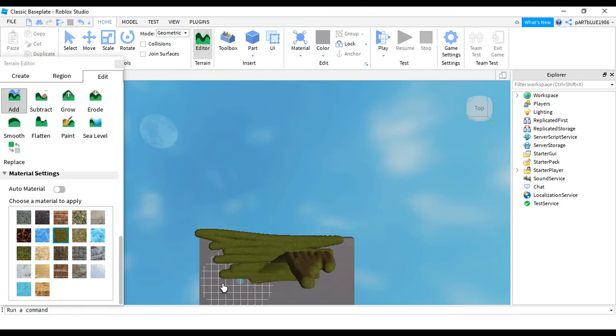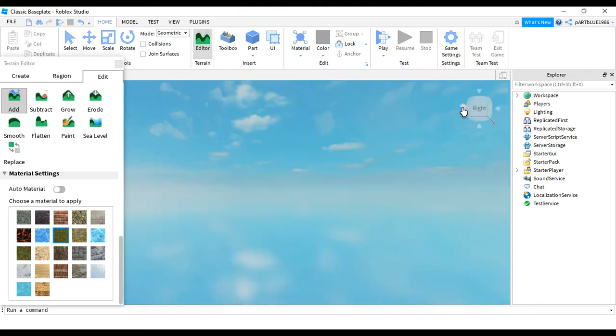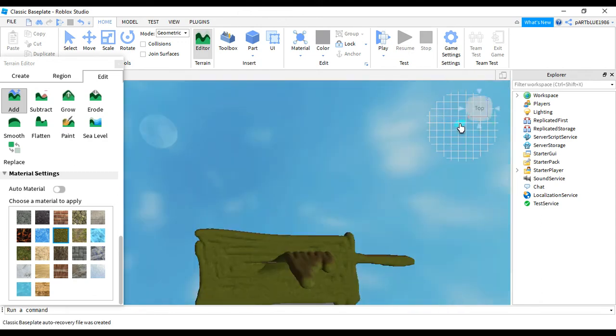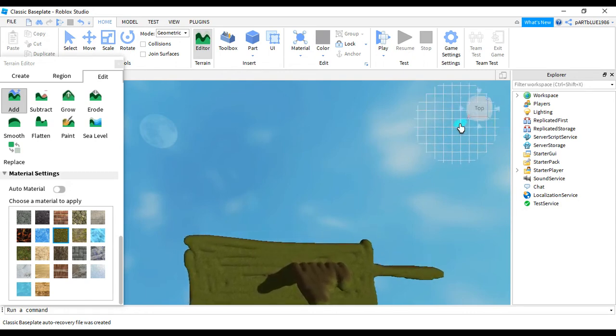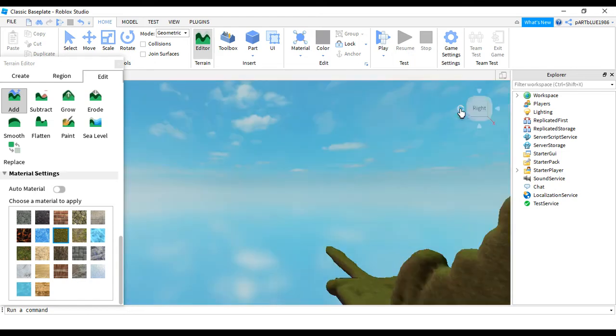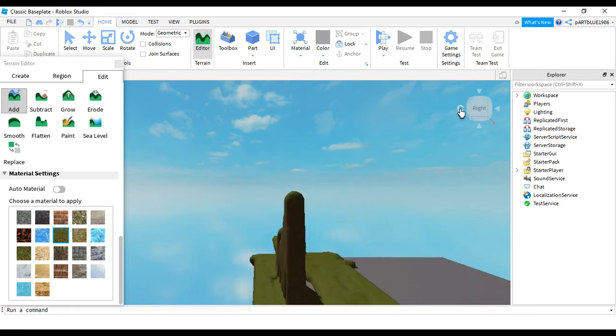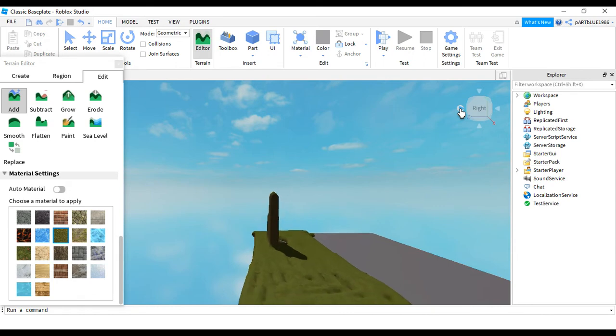I will just fill it up, dragging and dropping it, and once I'm done with it, I will stop adding it. See, like that. However much I want to make, I can make it. And if you want to make mountains, even that is possible. Like I have made a mountain. Now I'll go back to the left view, or maybe I'll just go a little bit down and then we will see how it is. See, there is a bit of mountain and a bit of terrain being drawn here. Okay, now this is about adding a terrain, right?